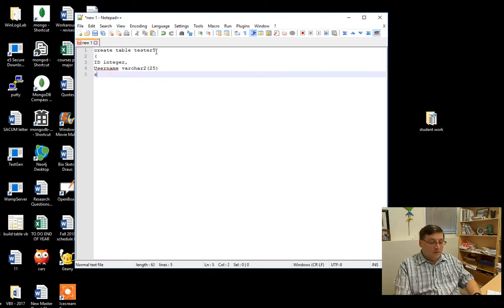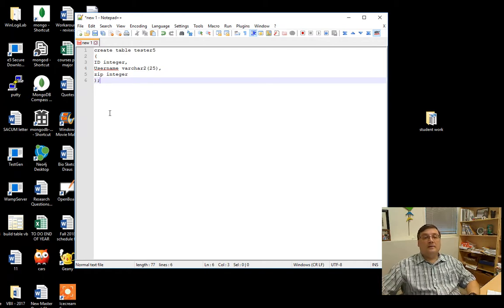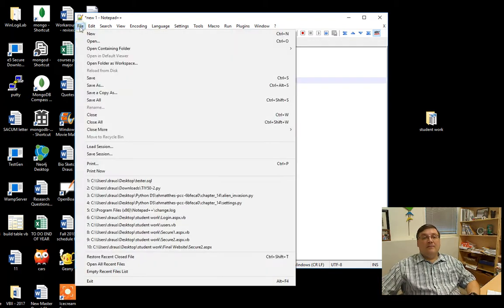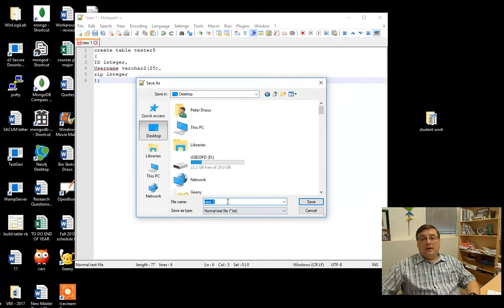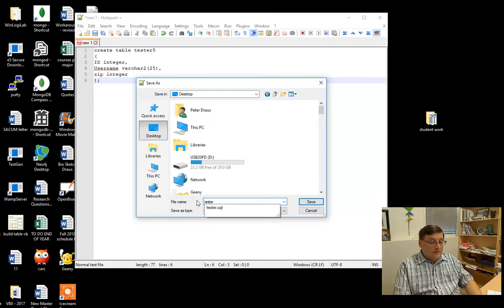And then we're going to put zip code. We'll do that as an integer. And we need to put a comma at the end there. We need to spell integer correctly. Integer. We don't put a comma there. We end it with the right paren and a semicolon. We then save this. We go to save as. We'll save it on the desktop, and let's call this tester5.sql. We end it with an